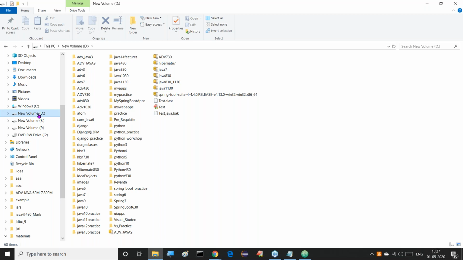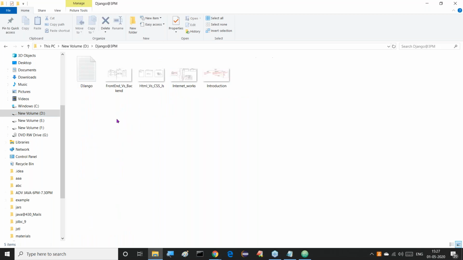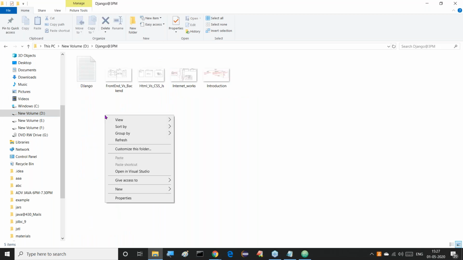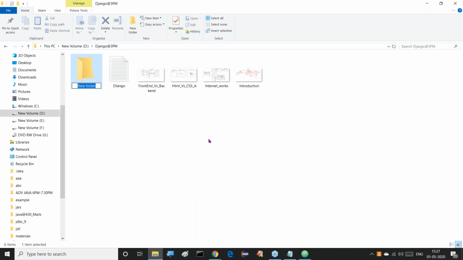Once we are getting this D drive, next we have to go to our location, which is Django 3 p.m. That exists here. Now here I'll prepare a folder. This folder is for web development. Web development is my folder name.